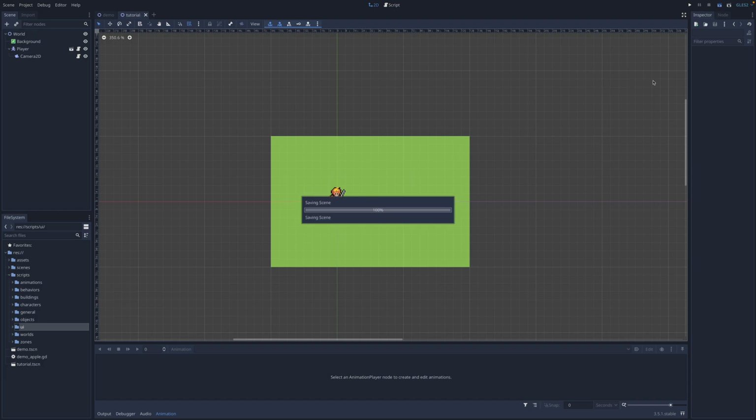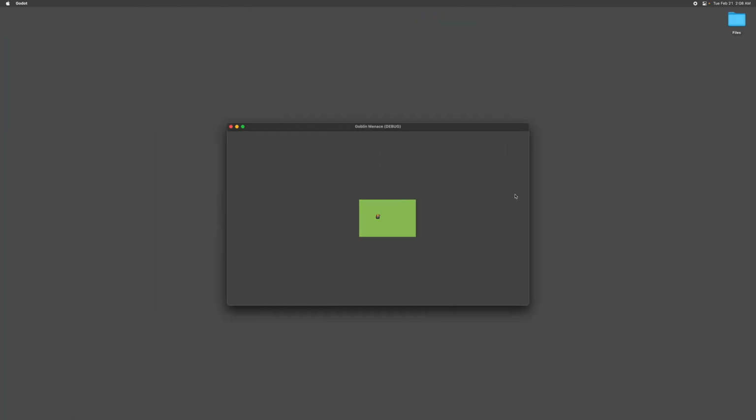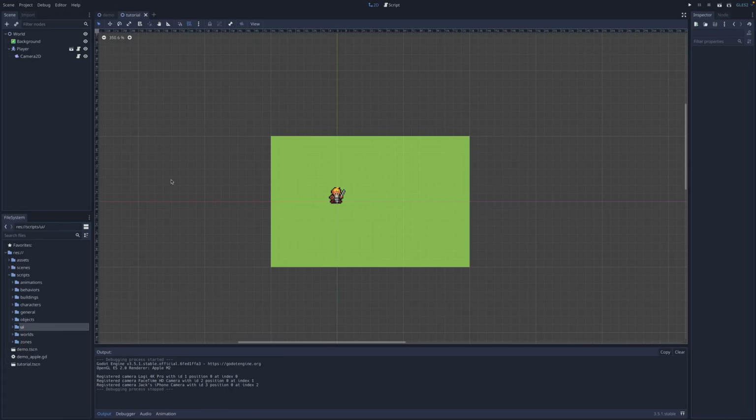Let's run this scene and see if that's working. Cool, so that seems to be working. The character is moving around. All right, so the next thing we'll want to do is to create an object that we can apply this